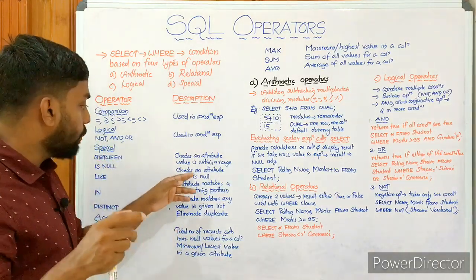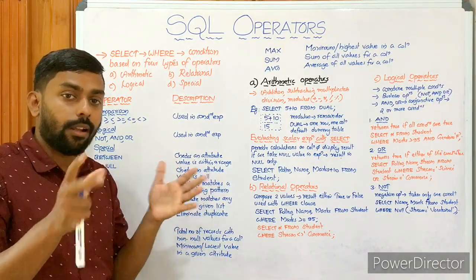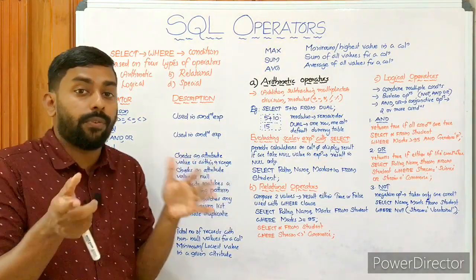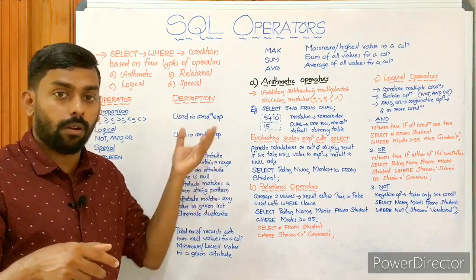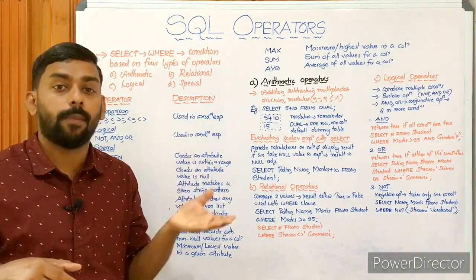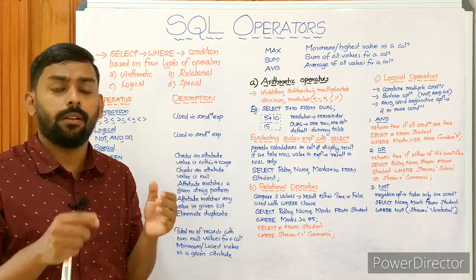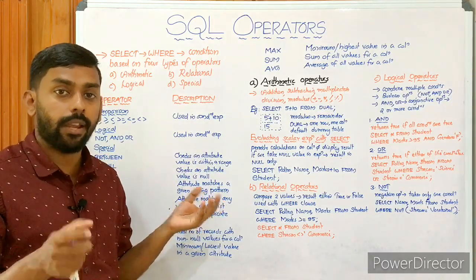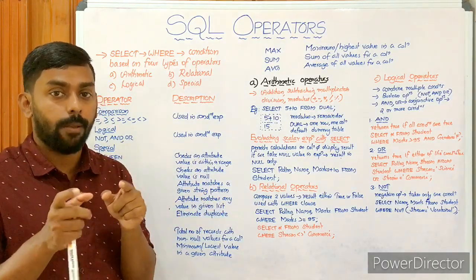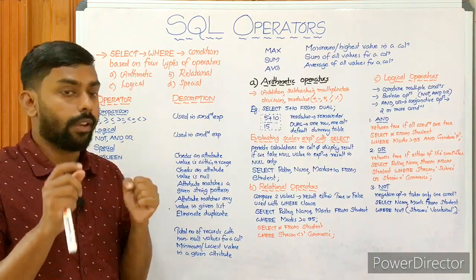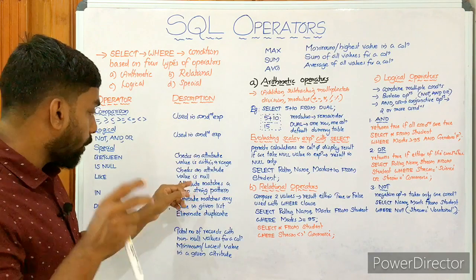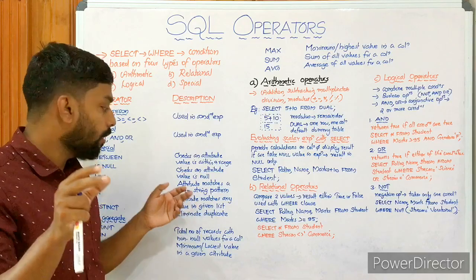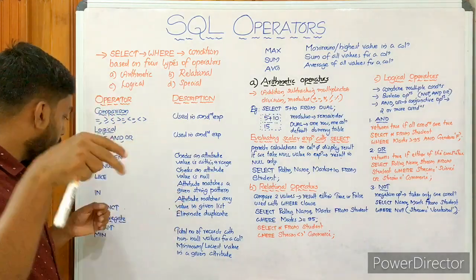So is null checks whether the column value or attribute value is null or not. Then we have like. Like is one of the powerful features of SQL, because it's used for pattern matching. For example, students whose name starts with A can be found using like. Pattern means string matching. We'll discuss it in the coming classes.